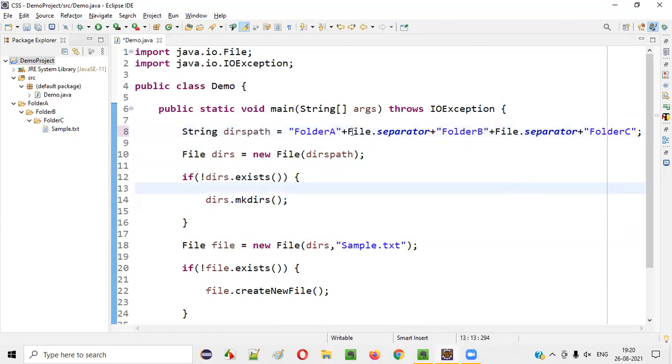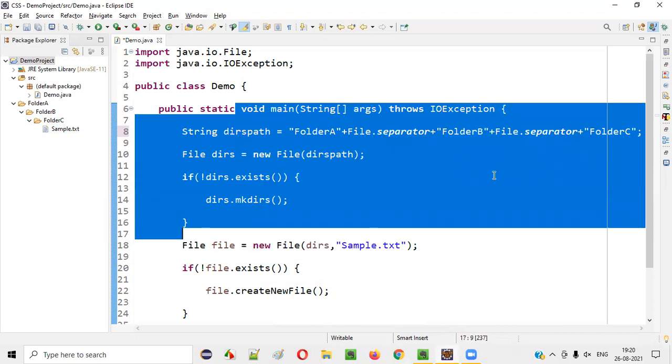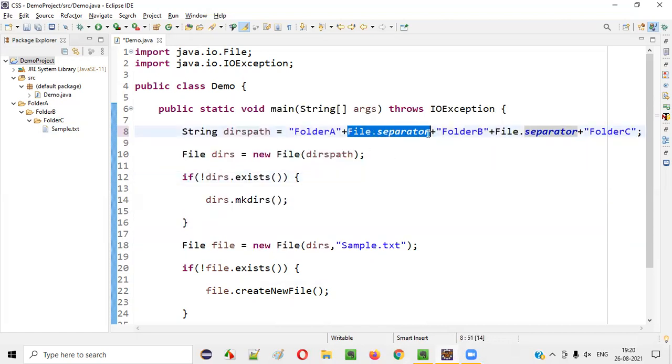This is a universal representation of the double slash, guys. Okay, if you use double slash it will only work for a Windows machine. What about Linux and Mac machine? If you use the same program in Linux or Mac, this file dot separator will be the same everywhere. So it's a universal separator. Instead of using double slash, try to use file dot separator wherever possible, guys. Okay, this will still work.